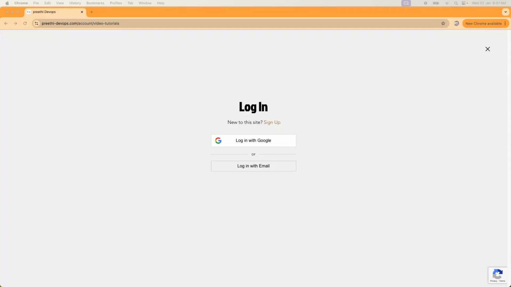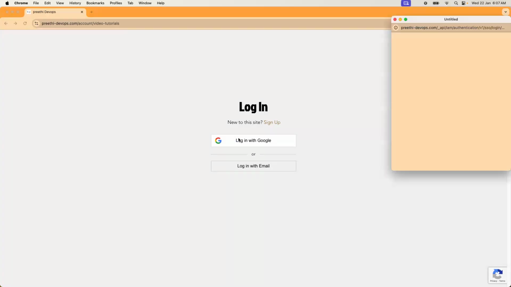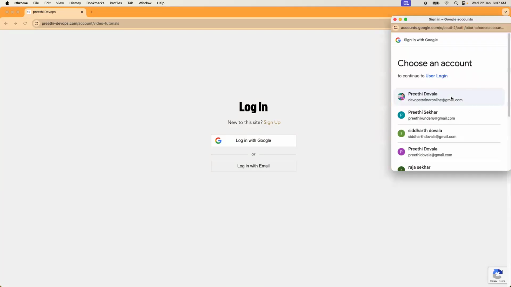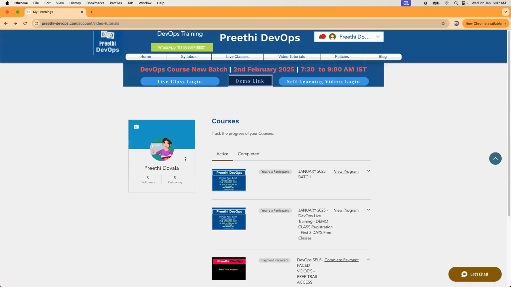All right. So, before getting into the topic, let me show you something like I have already shown you. Today, I'll show you how it looks for registered candidates, the enrolled candidates. Registered in the sense you all registered for the demo, right? So, once you have enrolled for the course, after the fee payment, once you log in here and go to My Learnings,